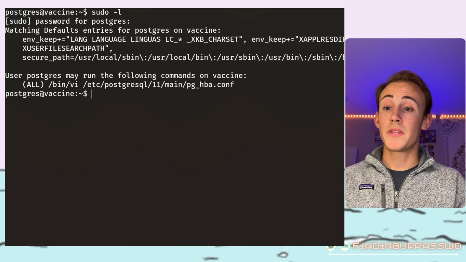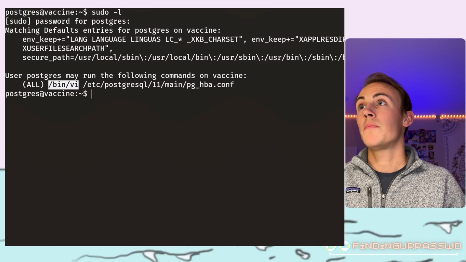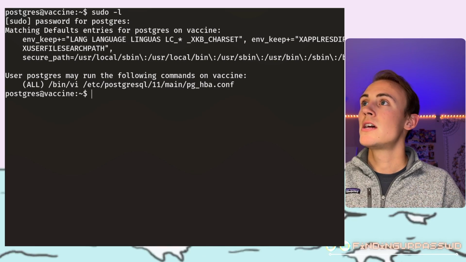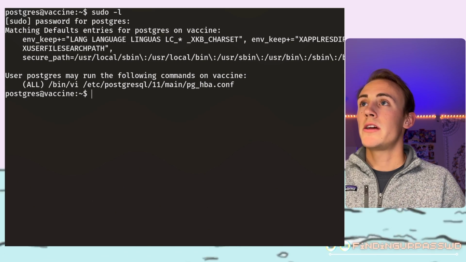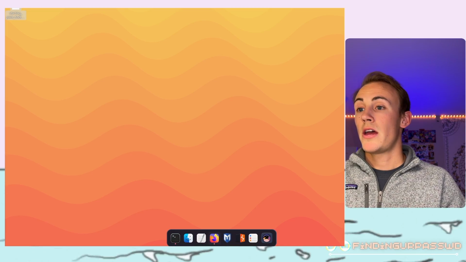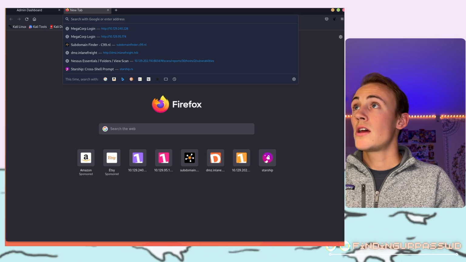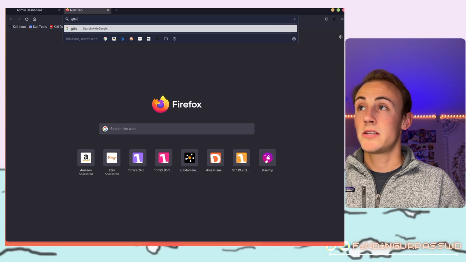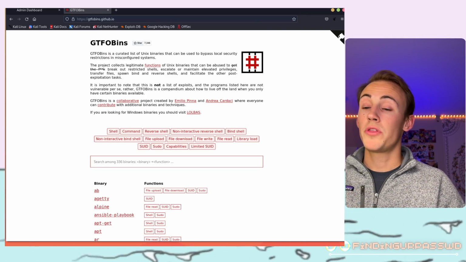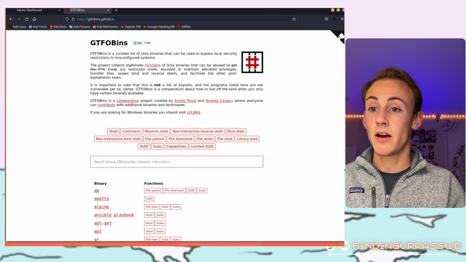What we can see from the output here is that we are able to use the VI editor to edit this file in particular with root privileges. So what we can do is we're going to hop back over to Firefox, and we're going to go to a site called GTFOBins. And what that is, it is basically a repository of all the binaries that come by default on Linux and how you can abuse them to